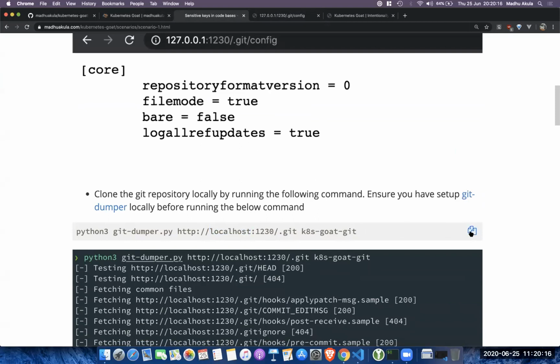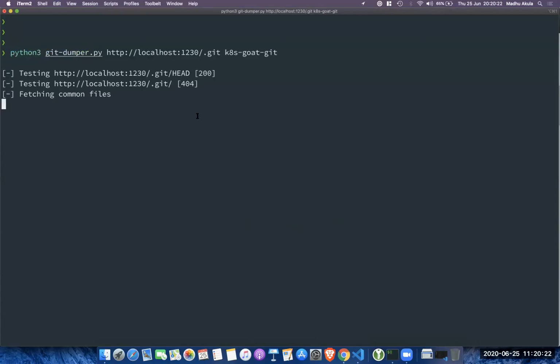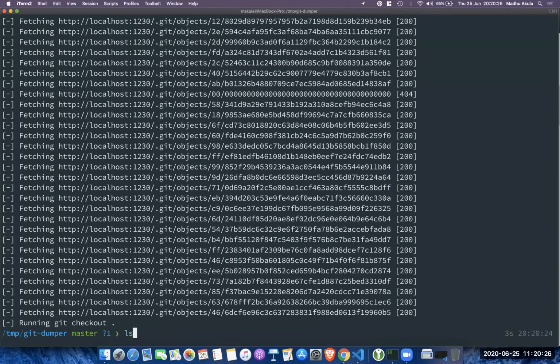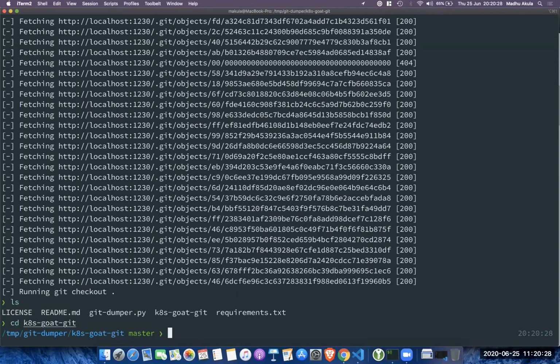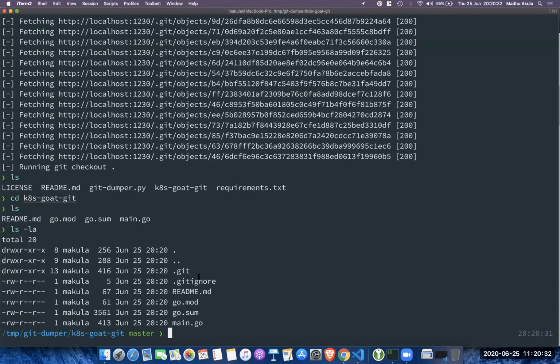So I'm cloning the entire repository locally from the endpoint. If I run it, it will clone the entire .git folder repository into the local system as k8s code, right? Now you can see the entire code base, which is in the container, in a local system with a simple Git dumper, right?